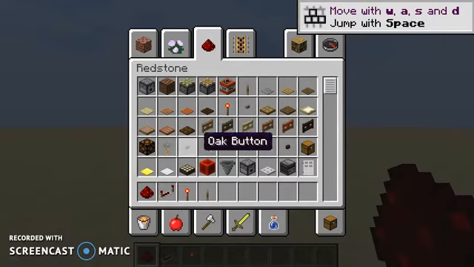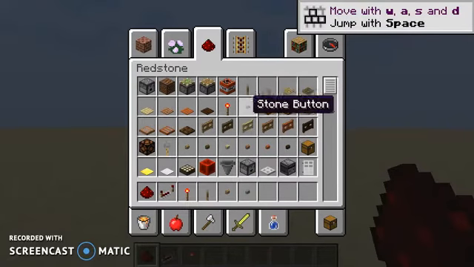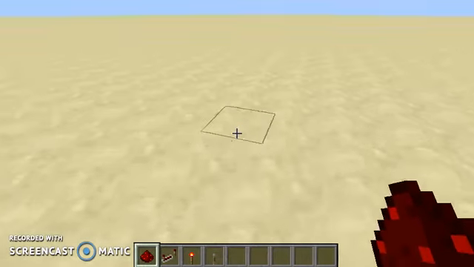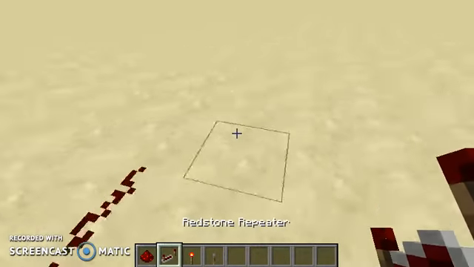Levers are just like the sound, they can be turned on and off. Buttons are buttons, they give a pulse. Wooden buttons are 10 ticks, stone buttons are 15. Ticks are the internal timing system for Minecraft, and so if I just lay down some wire here and a repeater,